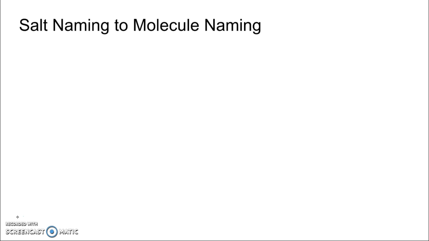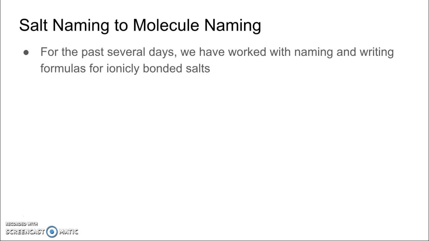Okay, so the past couple days we have gone over naming salts, which when we work with salts, we're dealing with a metal and a nonmetal, and when they exchange electrons, one of them steals, the other one gives away, they become cations and anions, and that attraction that happens between those two, we like to call an ionic bond. And so that's what we're used to. Today we are going to, though,